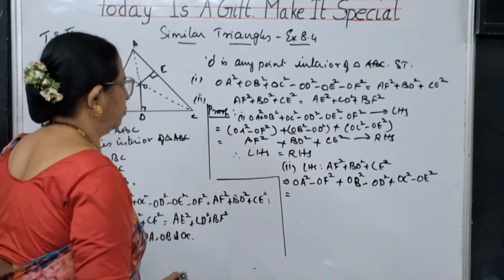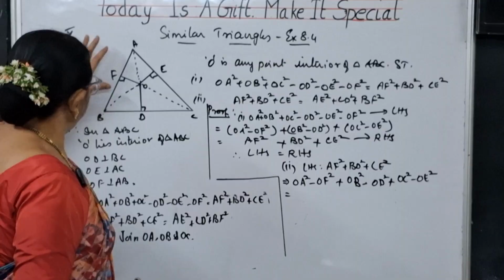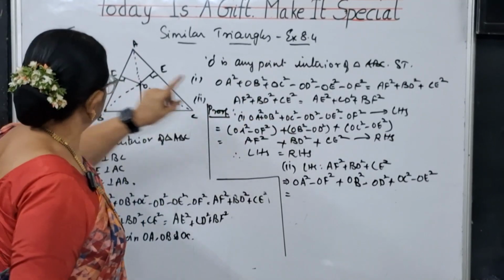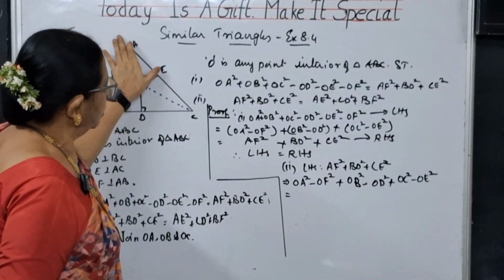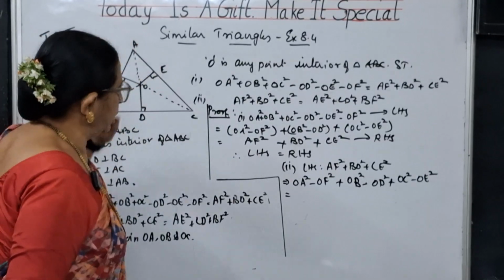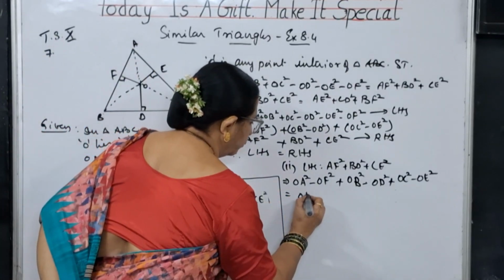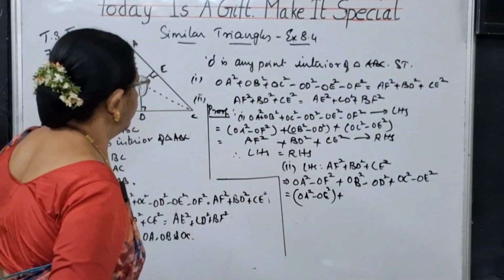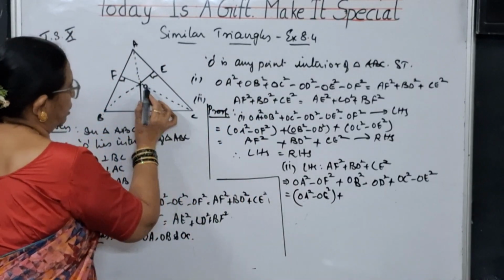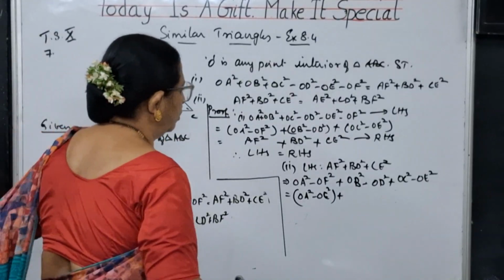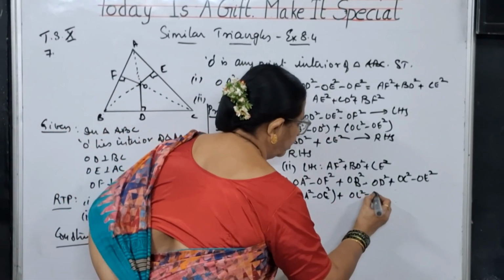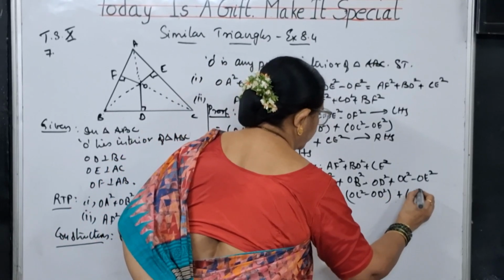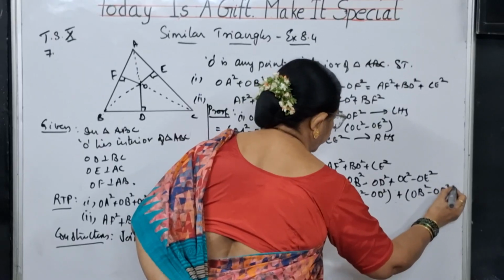So what is meant by this? Right side we have got AE square. How can you get AE square? OA square minus OE square. So let me take OA square minus OE square as one group plus, next CD square. CD square means OC square minus OD square. Let me take these two as a group plus OB square minus